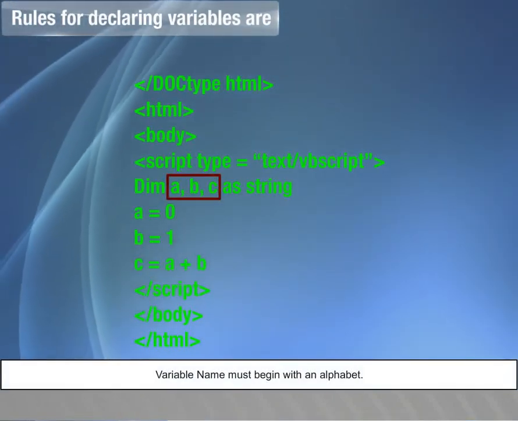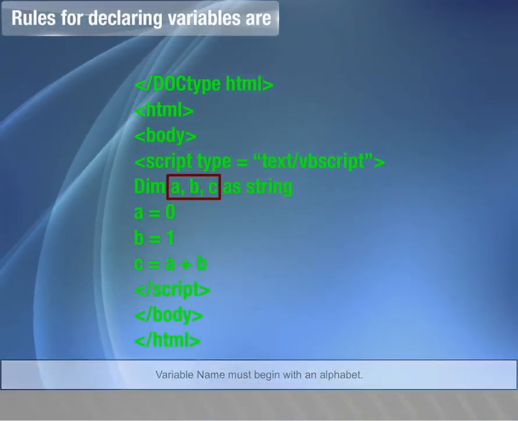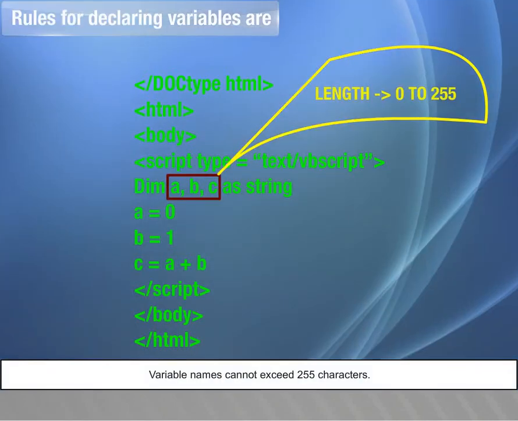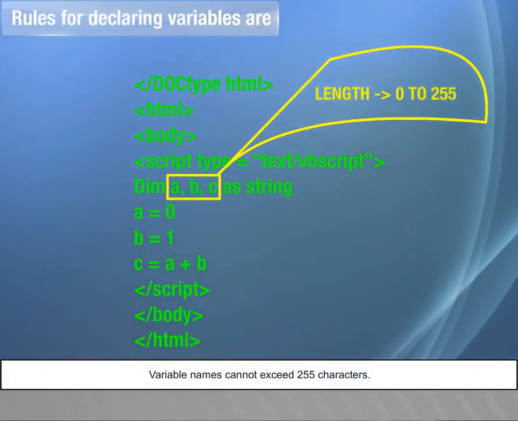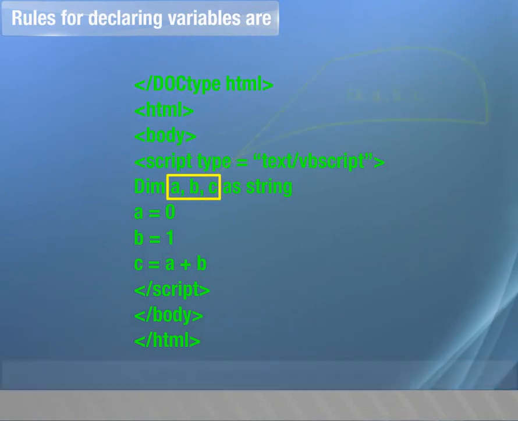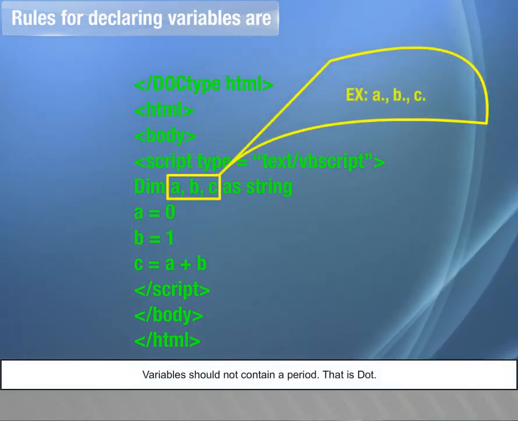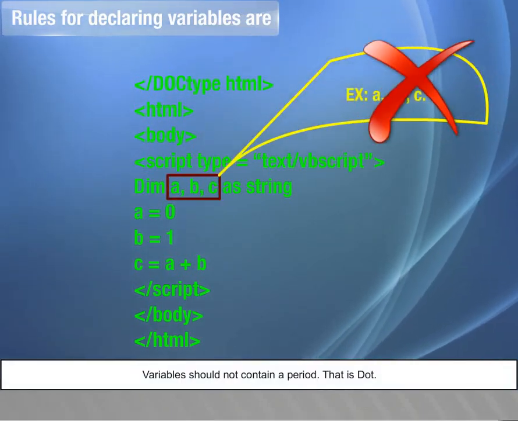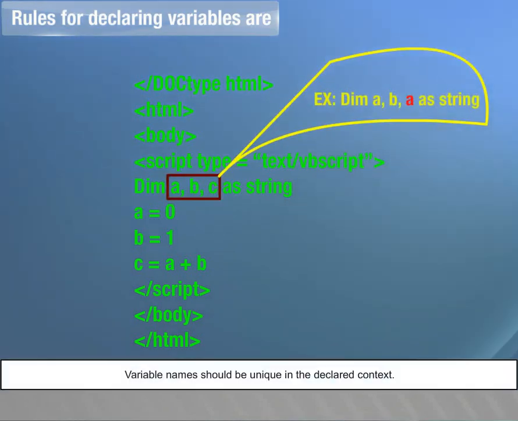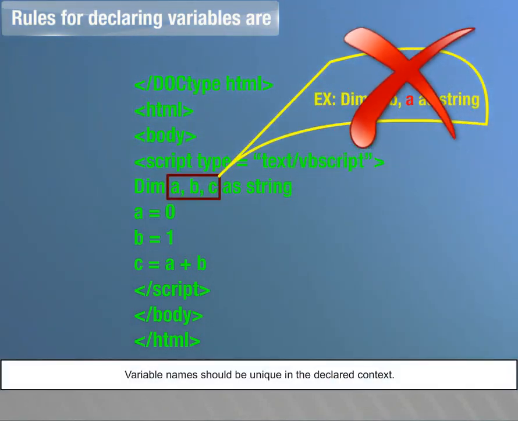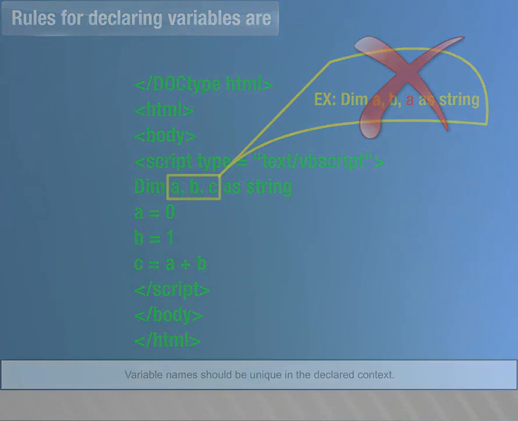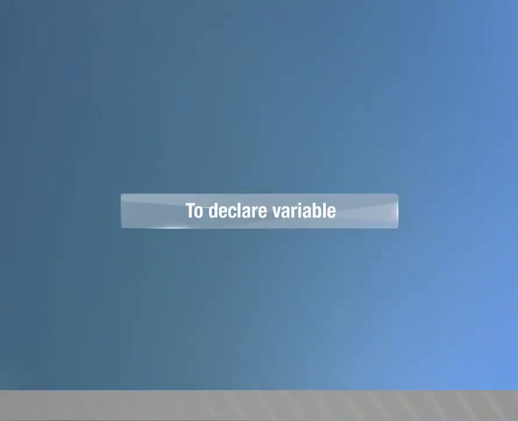Variable name must begin with an alphabet. Variable names cannot exceed 255 characters. Variables should not contain a period, that is dot. Variable names should be unique in the declared context. To declare variables